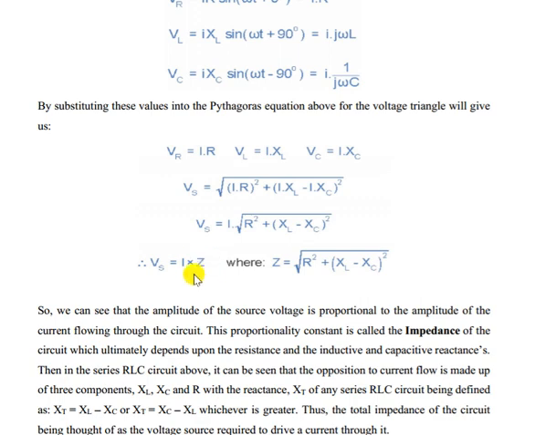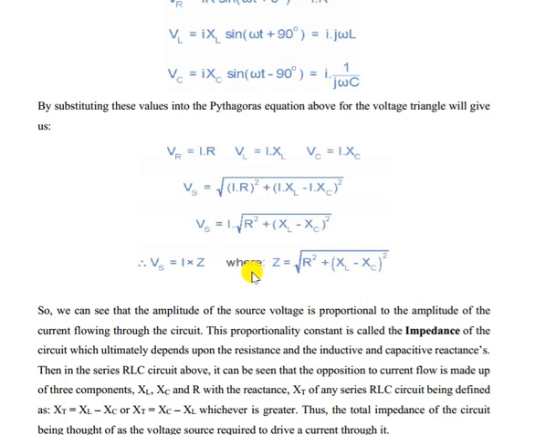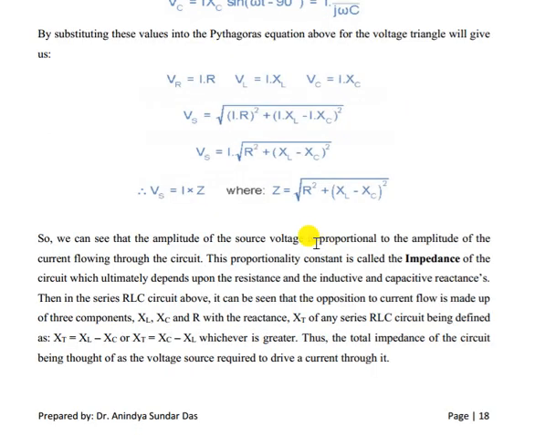Z is called impedance. In an AC circuit we call it impedance rather than resistance because it is the combination of resistance, inductive reactance and capacitive reactance. This combination is called impedance Z. Now Z is nothing but root over of R square plus XL minus XC whole square, or XC minus XL square. Which one is higher? If XC is higher, then the total circuit will be capacitive in nature, right? Then current will lead, voltage will lag. If it is inductive in nature, then voltage will lead, current will lag.